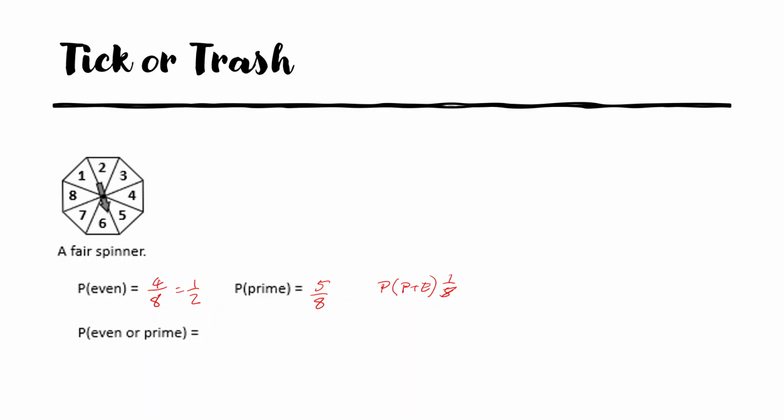So the probability of it being even or prime, using that formula, it would be the probability of it being even plus the probability of it being prime minus the probability of it being even and prime. So in effect, I'm going to write these all as 8 just because it's easier. Probability of it being even 4 over 8, probability of it being prime 5 over 8. The probability of it being even and prime is 1 over 8. Okay, so the probability of it being even or prime would be